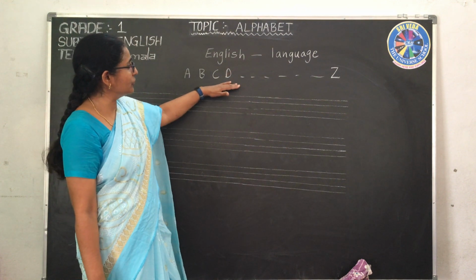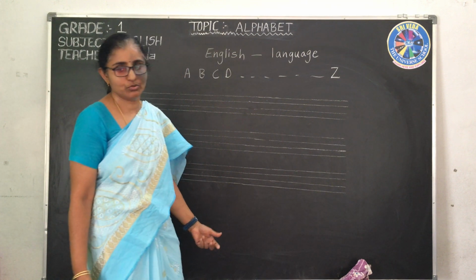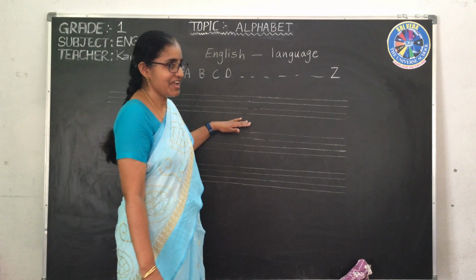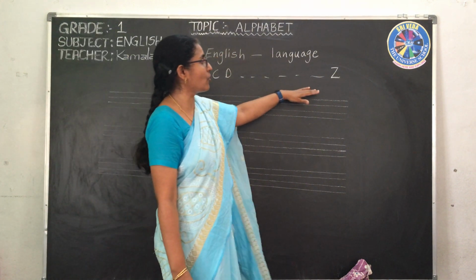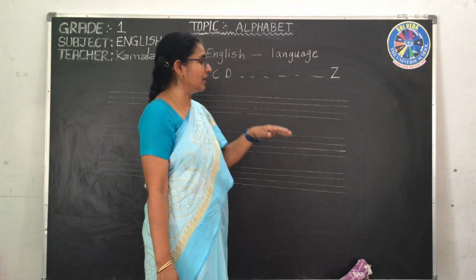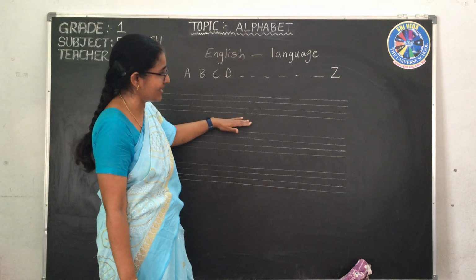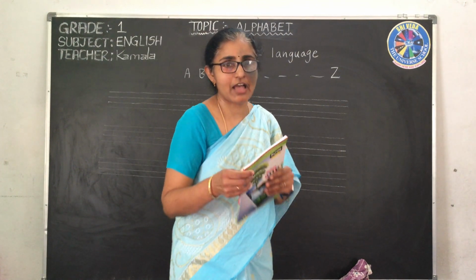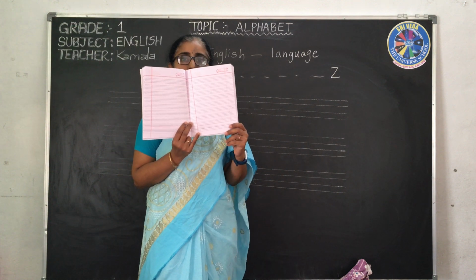But what we are doing today, we are going to use the 4 rules to write all these alphabets. These letters from A to Z are called what? Alphabet. So now we are going to learn how to write these letters neatly in these 4 rules. If you open your 4 rule book, you have a book like this. All of you have or not? Yes, all of you have a book like this.